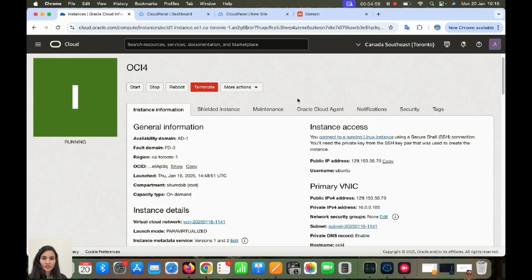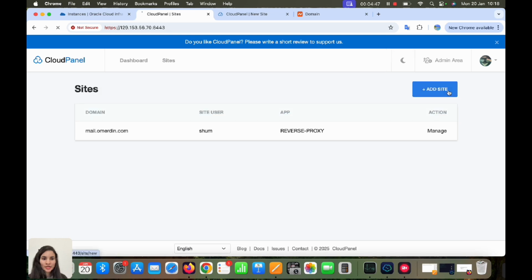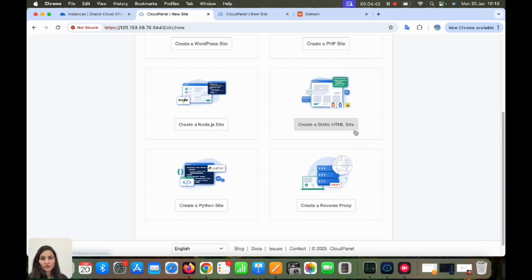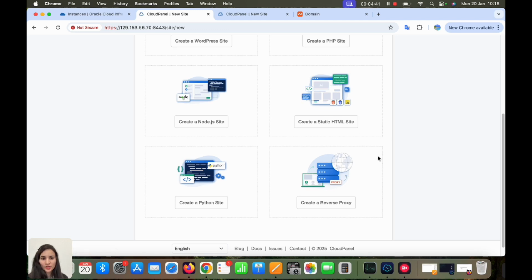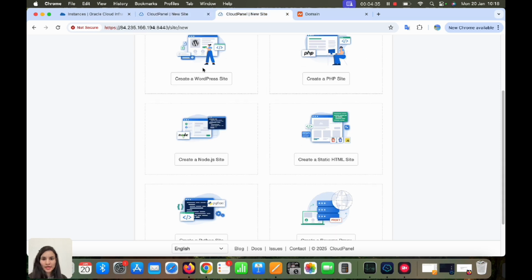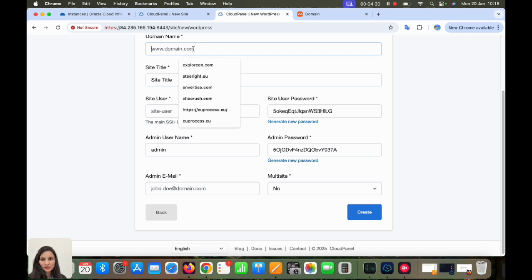Alright, so the platform is ready now, and I'll show you how you can deploy your app on this platform that you just created. So we go to sites and click on add new site. Here you can see the kind of sites that you can deploy. It can be any code like PHP, Node.js or Python. To keep the things simple, I will deploy a simple app. Click on create a new site and